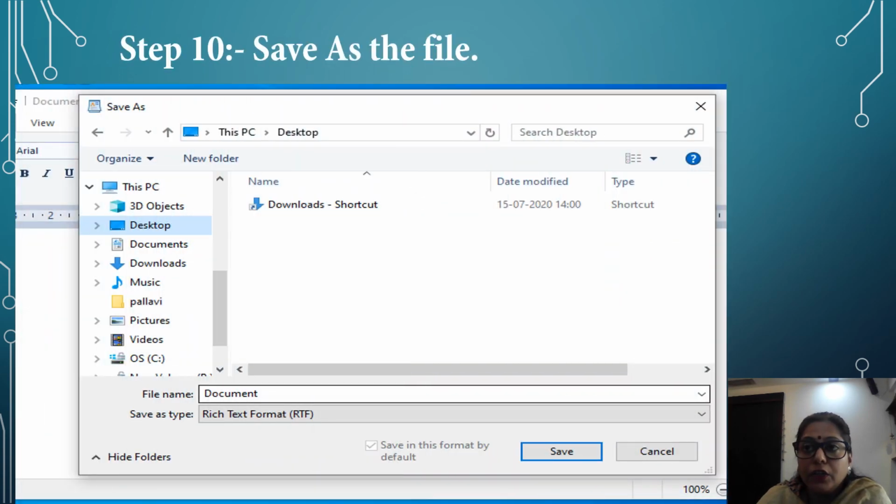You will see a new window. Click on Desktop. Then type any name for your work in the file name box. After that, click on Save button. Like this, your work is saved on your computer.